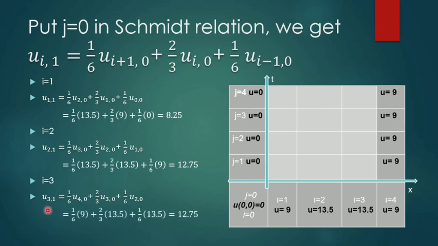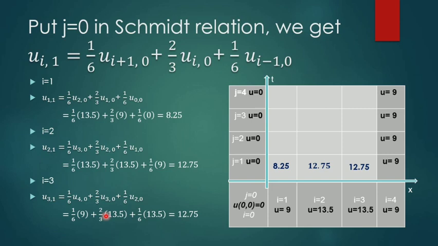Next, to find this value, put i is equal to 3 in this equation, so that you will get u31 as this equation. And for finding this value of u, you use these three values of u, that is the value of u below this line, three values. And after substituting this value, u at this cell is